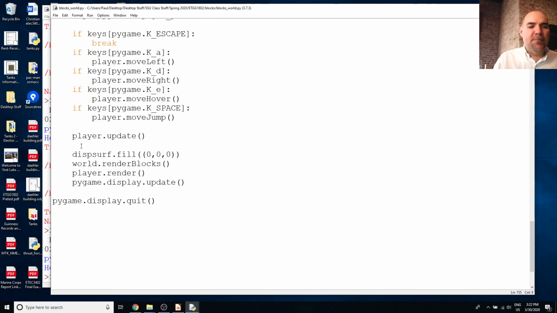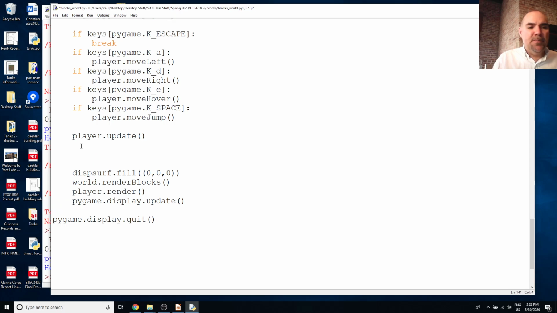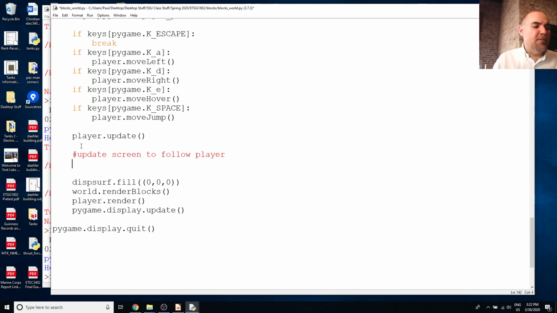So what I'm going to do is just in my main code here. So I updated the player's position. So now we'll just say update the screen to follow the player. And the way that we're going to do that, there are a couple ways we could do it. We could hard slave it to the player. We could make kind of a soft follow so it tries to keep the player in the center of the screen. Or there's a method where when you get near an edge, it pushes the camera along. So I'm going to do that one. So in other words, I'm going to say if player.x minus world.screen_left